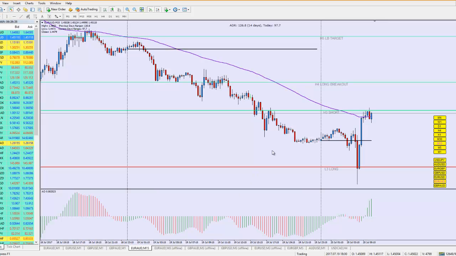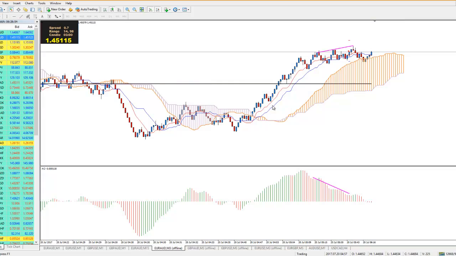And looking forward to the UK session. This could be quite volatile. We've got the ECB data coming out, and it should be interesting to see what Draghi is going to say regarding his comments as to whether they're going to taper their quantitative easing, and just to see what's going to happen. But just a bit of background behind the trade on the euro versus the Aussie dollar,